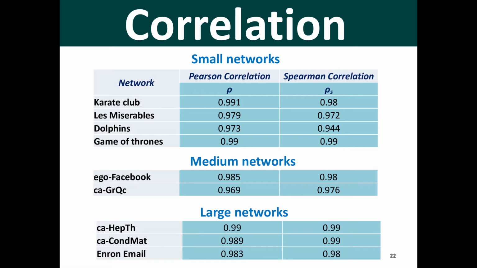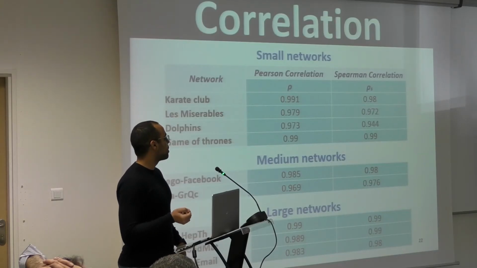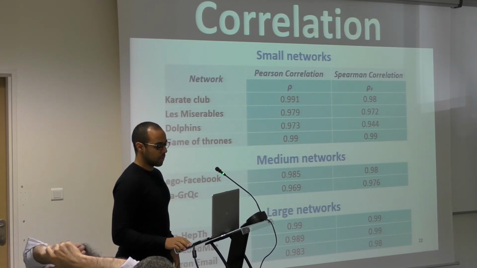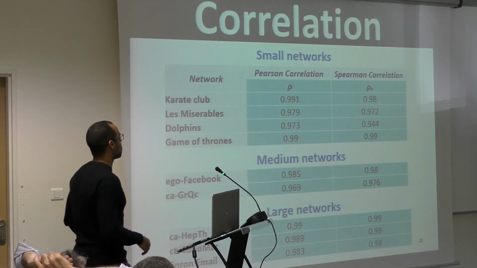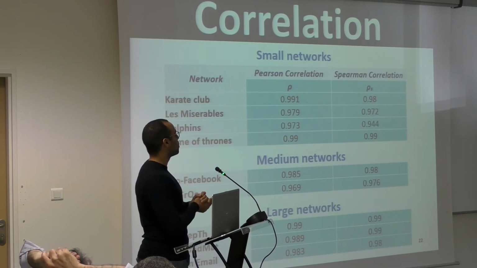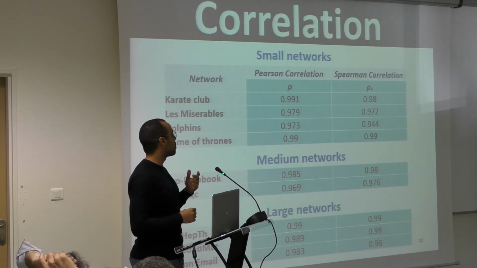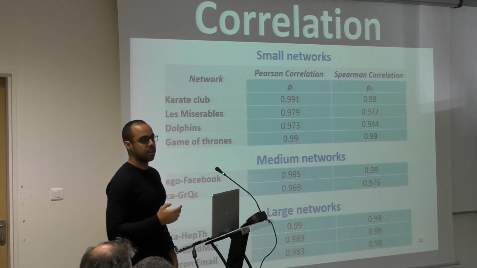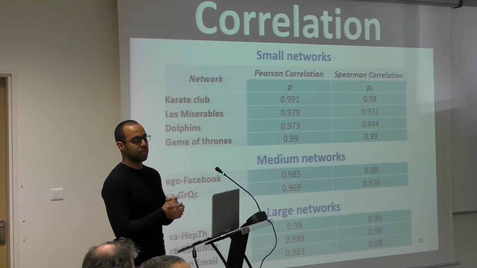We also use Pearson and Spearman correlation coefficients in order to measure the monotone relationship between the lists of degrees and the lists of ranks of neighbors of the overlapping nodes and hubs. The results show that both coefficients have very high values. They are very close to 1. So we can conclude that there is a very strong monotonic relationship between both lists.